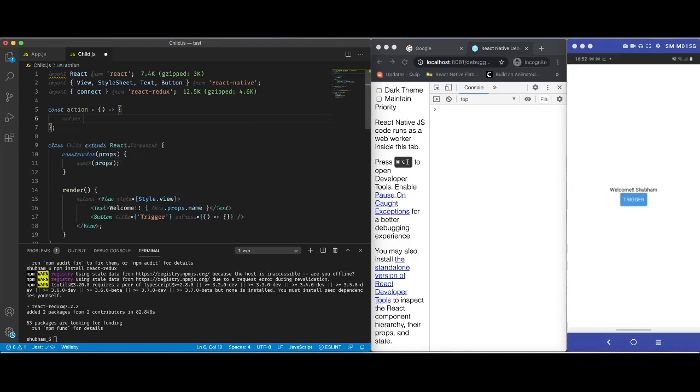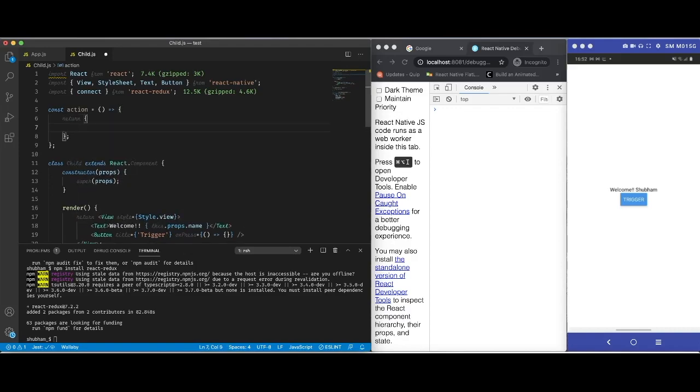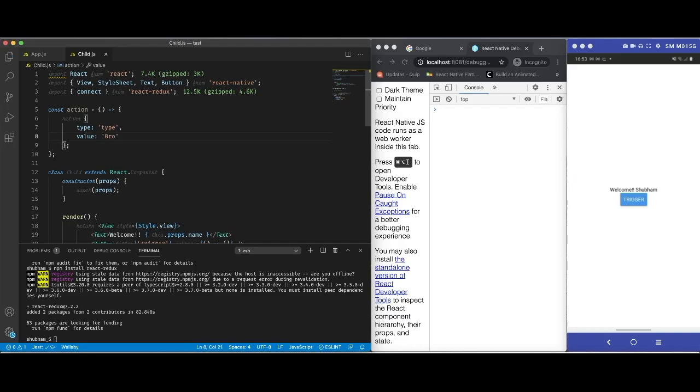Let us return an object from this action. Conventionally, every action should have something called type, which our reducer identifies. So we are going to name the type and pass some value. So our action is ready.